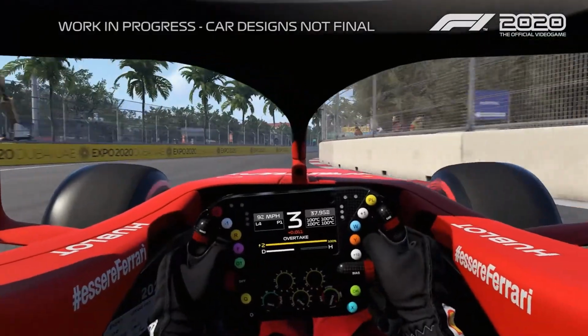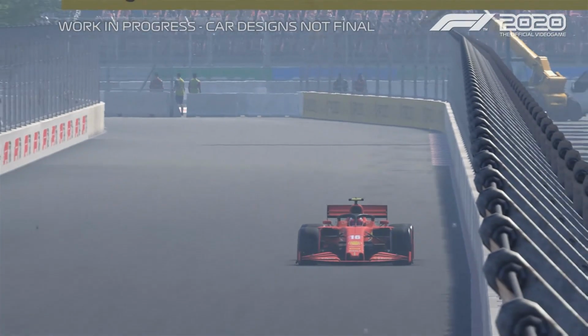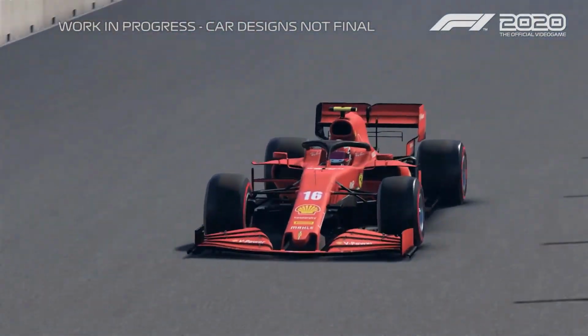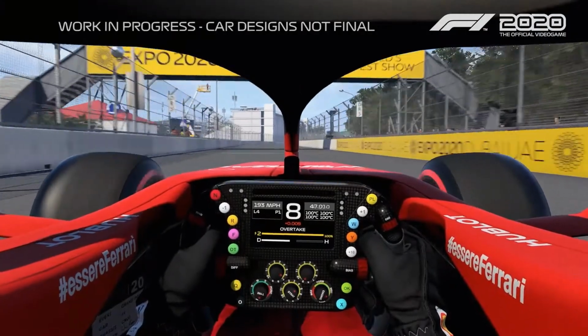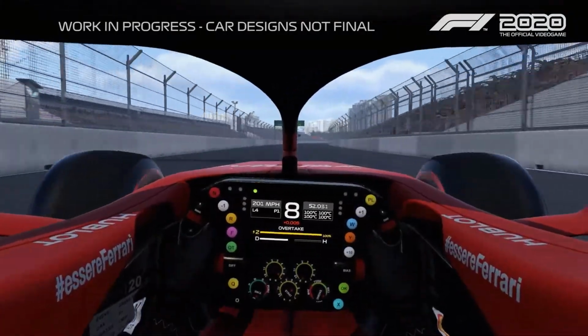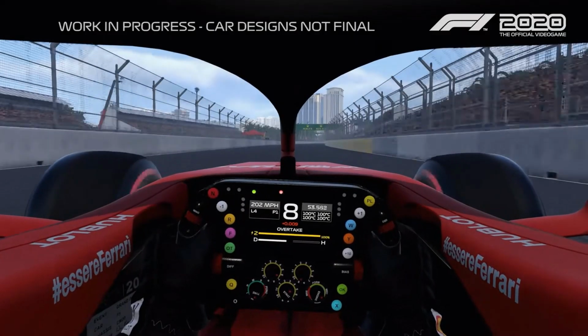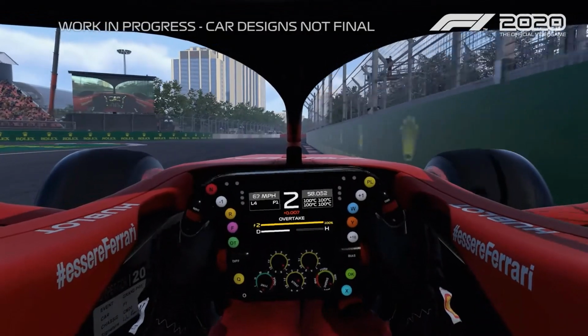Now we go on to what I believe is the first of the two extremely long straights on this track, and it's going to be very interesting. You're going to try your best to defend, but it's going to be very difficult, and you can literally see how long you're at full throttle. It's absolutely incredible. And this is the first end of the hairpin,